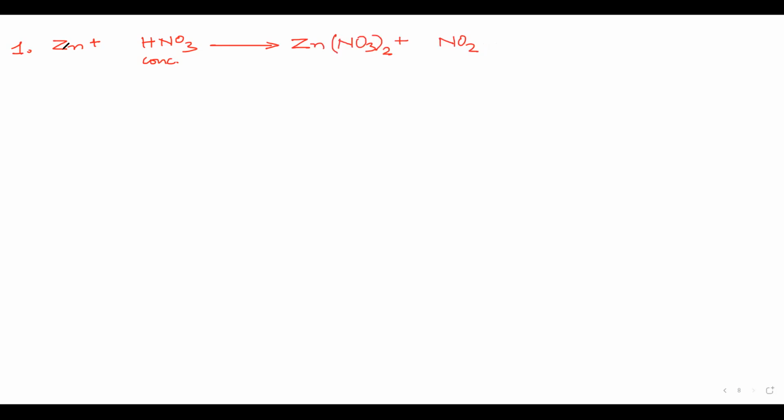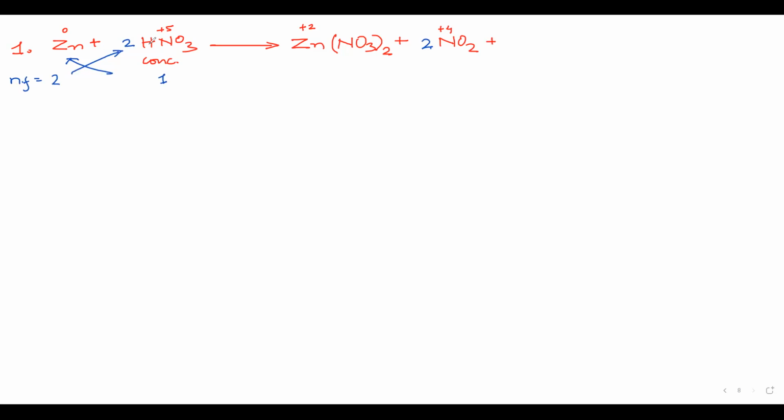Now for balancing, zinc here is at oxidation state 0. The zinc here, NO3 has 1 negative, so it is plus 2. Now let us see nitrogen. Nitrogen here is plus 5. Nitrogen here is how much? Nitrogen here is plus 4. Now we have to do n factor. From 0 it went to 2, so it is 2. Now from 5 it went to 4, it is 1. So the n factors get swapped, so you write 2 here, and if we write 2 here, we have to write 2 here also. Is that right? Yeah. Now we have to add H2Os.